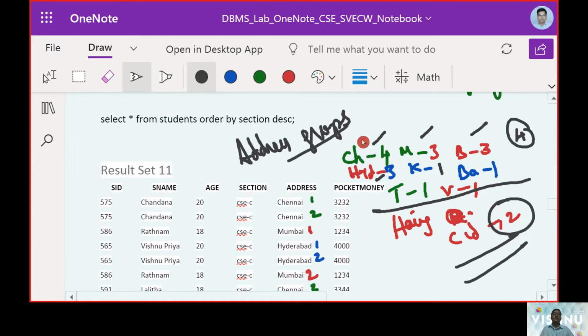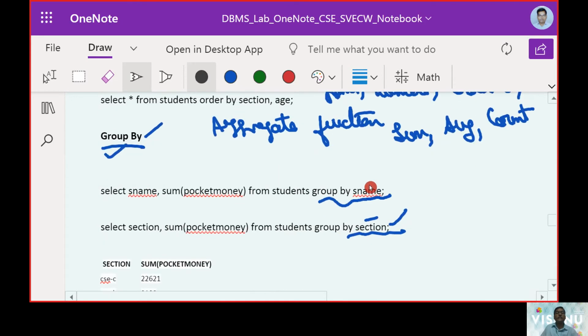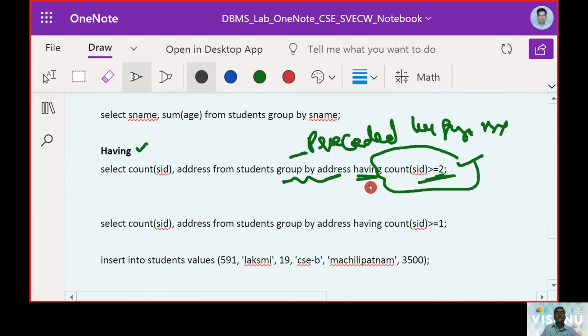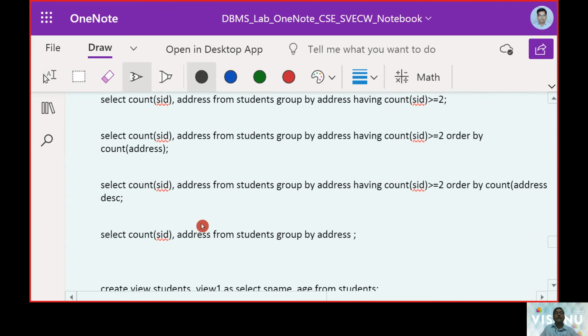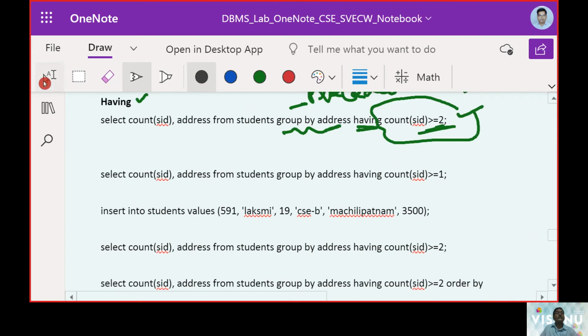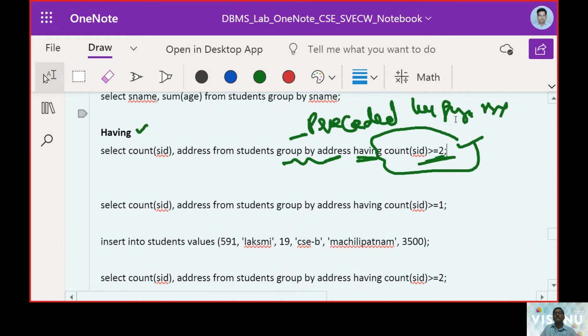So in this case, Chennai should be 4, Mumbai 3, Bhimavaram 3, and Hyderabad 3. So just execute this query and see what was our expected answer and how the SQL is going to take it up in its view.